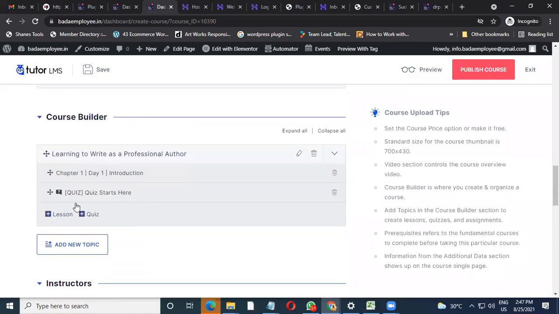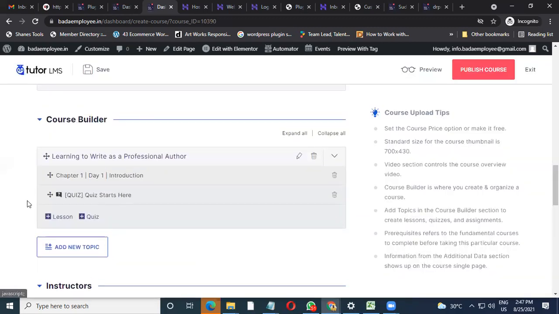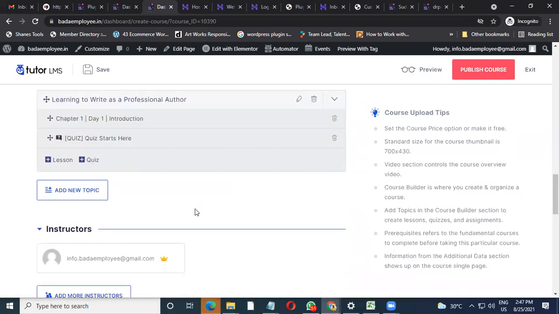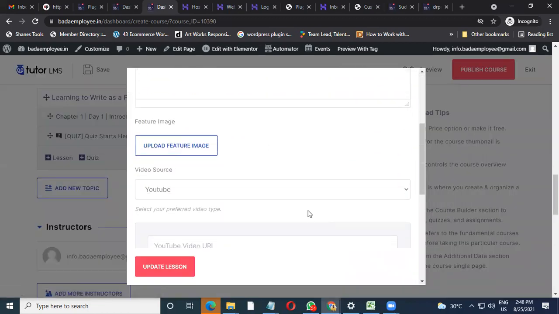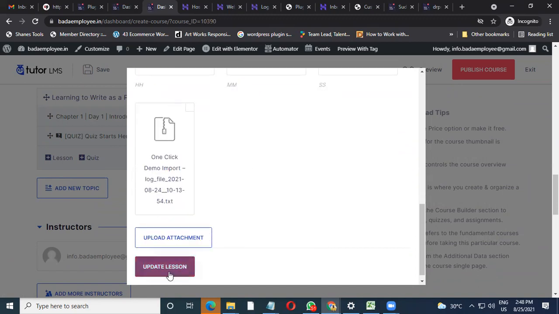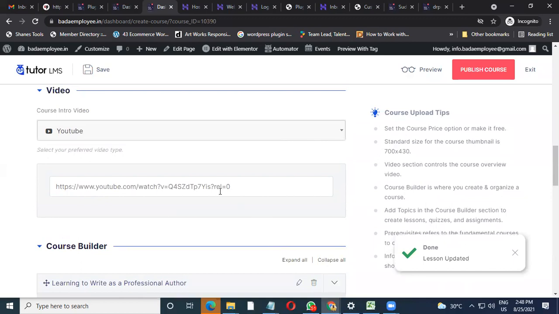Now to see how the student is going to check this part, I haven't added any video in this, so just give me a moment. I'll add a video so that we have a fair idea to check the video also. Just selecting a random video. So here is where the YouTube video link goes, and I am updating this part so that we have a video. Now if you want to check how it is, you can save this course, or you can preview or publish this course from here also.